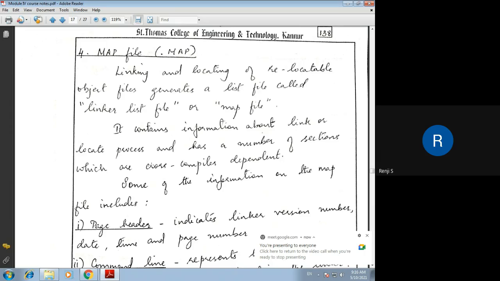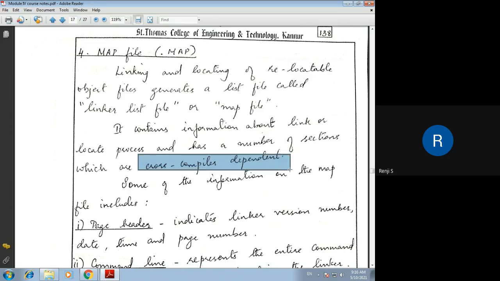Likewise, for the map file there are also a number of sections, and the number of sections is cross compiler dependent. So what are these sections in the map file?